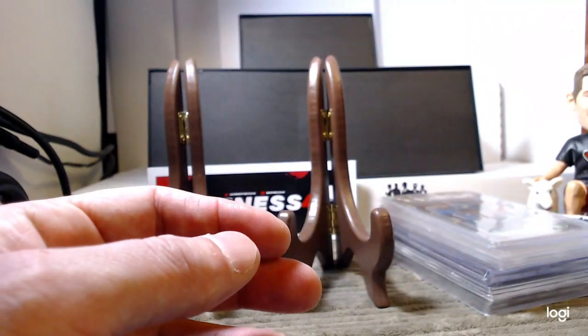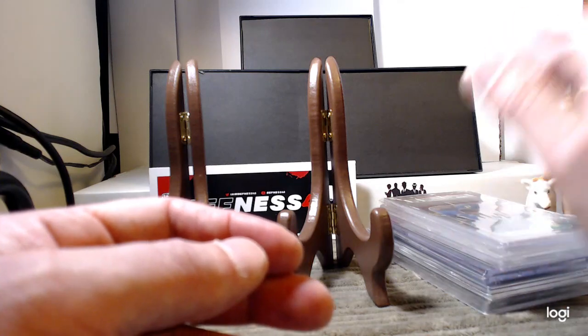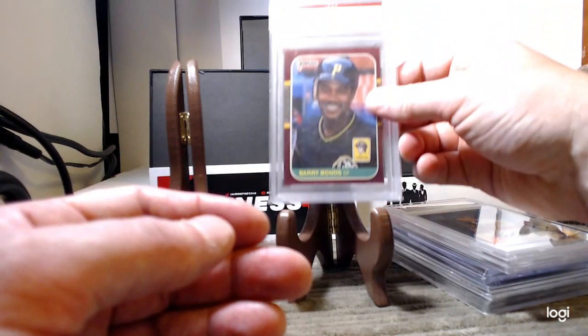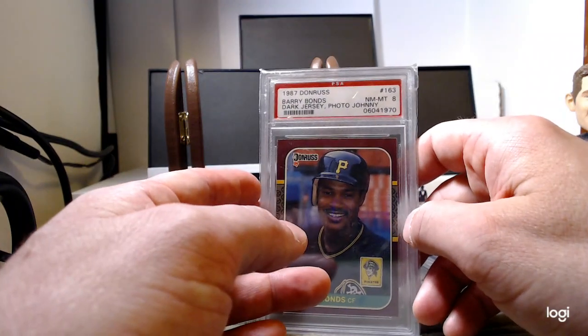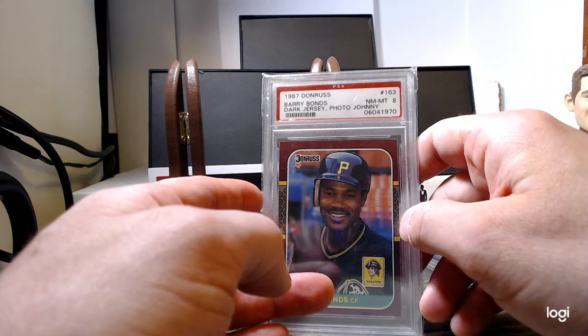Actually, I had another one that I bought on eBay, I don't know, a couple months ago, just because it's so darn cheap nowadays. This one, not cheap nowadays. Barry Bonds. This one survived the purge. I did get rid of a lot of them, but I kept this one. This one was in a PSA 8, and